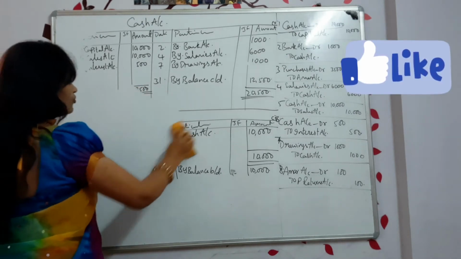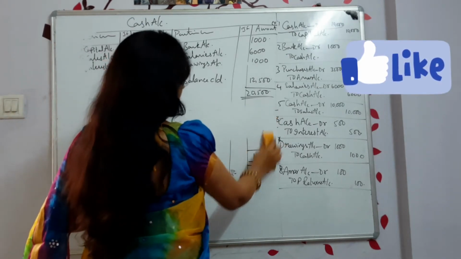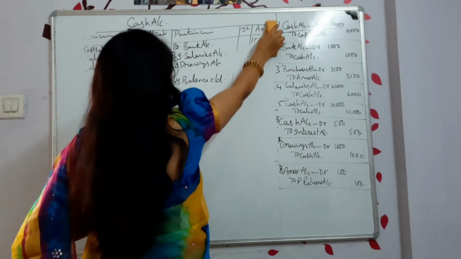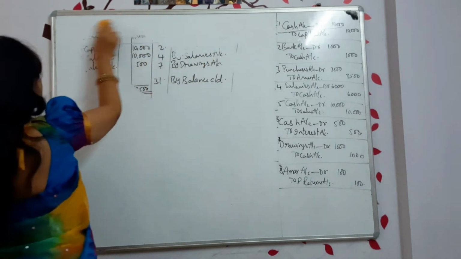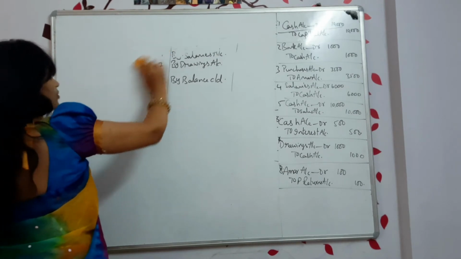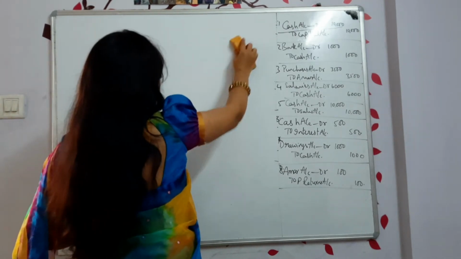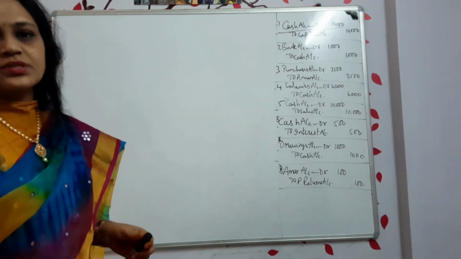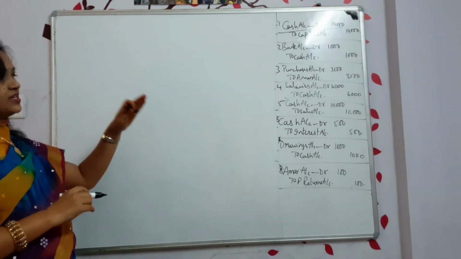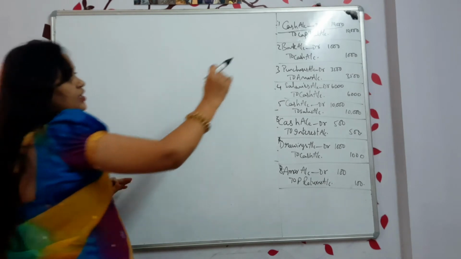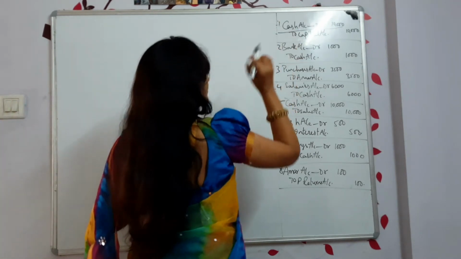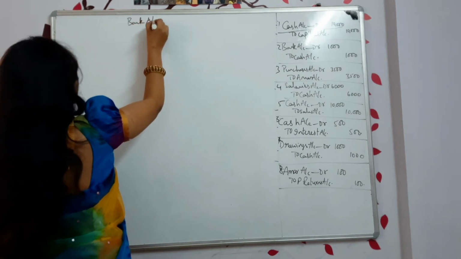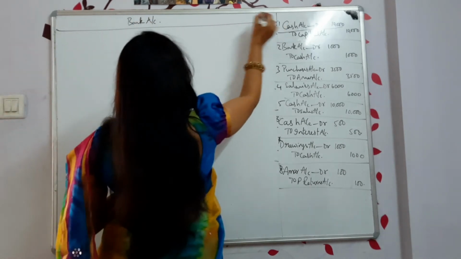See, there are a few methods. One teacher explains in one method. Some of them will ask you to open all the ledgers at a time and finish it off. That is also the easiest one. You will not miss a single transaction. But sometimes you may get confused. So I am showing how to prepare each ledger. Now these two I completed. Next I am preparing bank account. So now you have to remember what all is completed and what all is not completed.